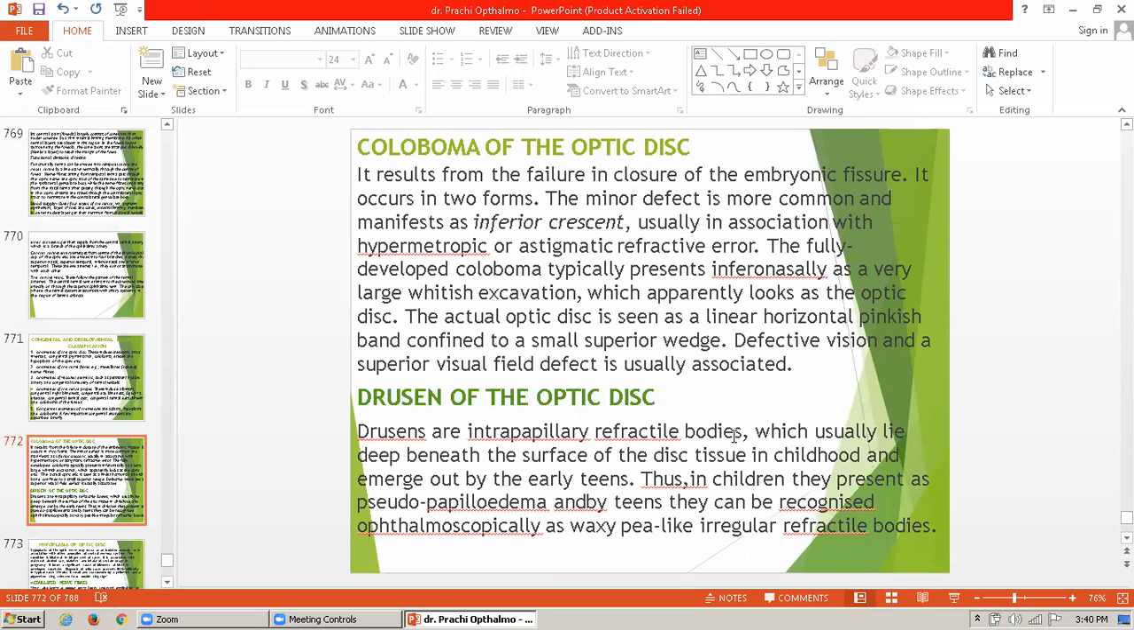Coloboma of the optic disc. It results from the failure in the closure of the embryonic fissure. It occurs in two forms. The minor defect is more common and manifests as an inferior defect,